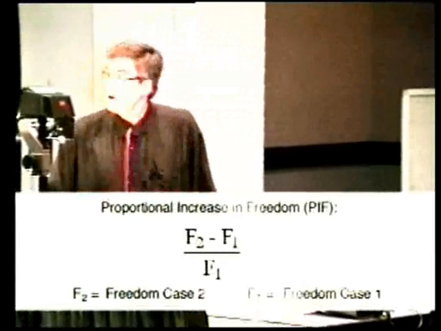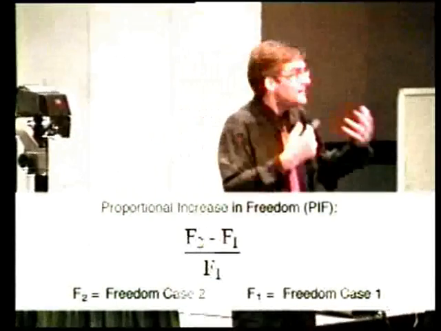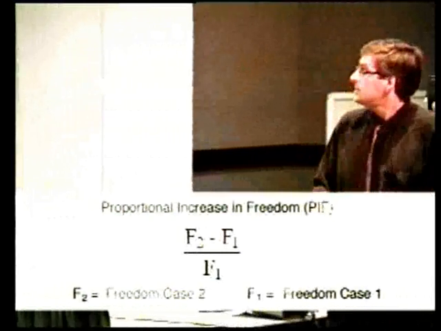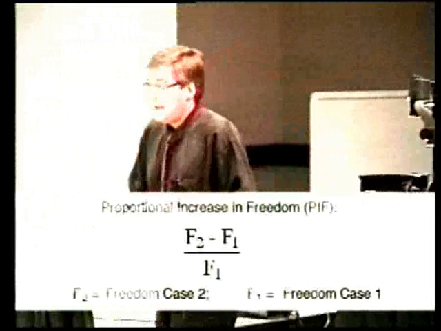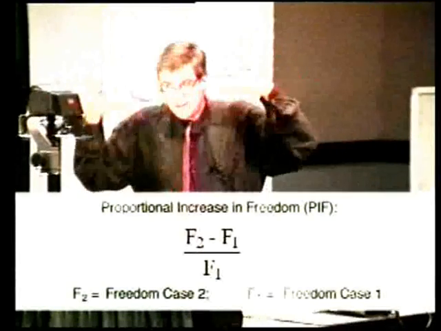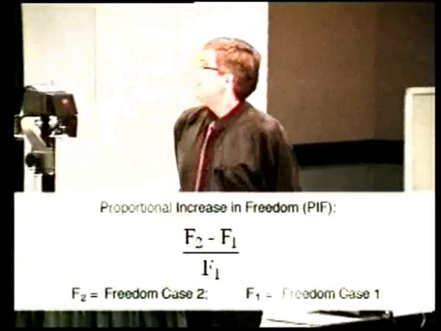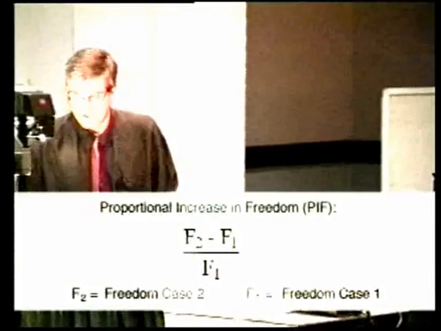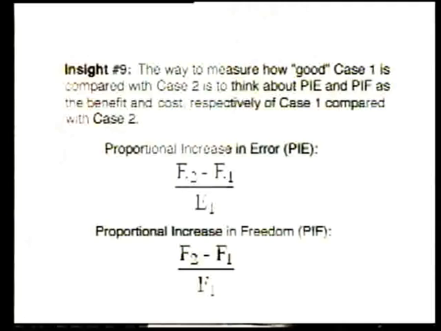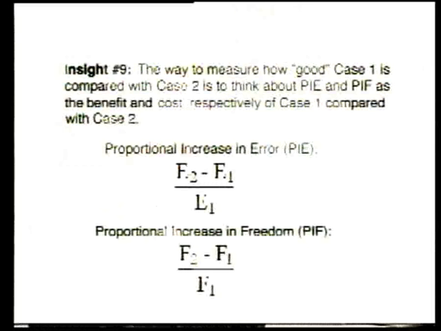And similarly, we can talk about the increase in freedom in the data going from case 1 to case 2 by an analogous proportional increase in freedom measure, where we have the freedom in case 2 minus the freedom in case 1 divided by the freedom in case 1. And so Fred then, as he's thinking about these proportional increase in error and freedom scores, has a very, very important insight,